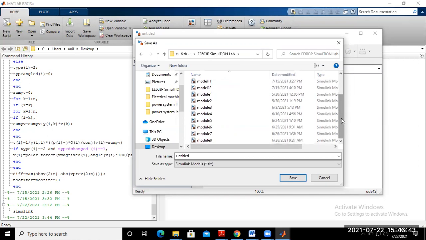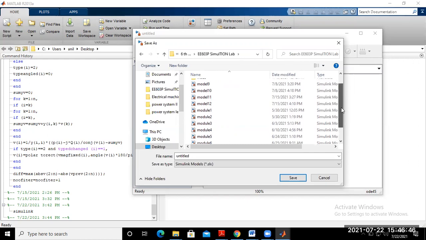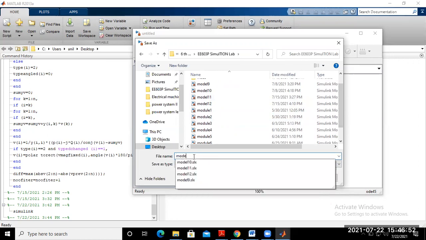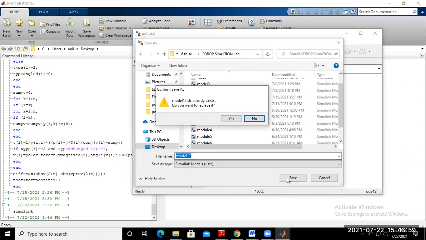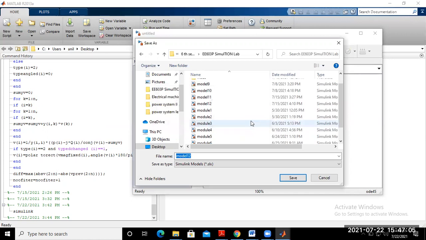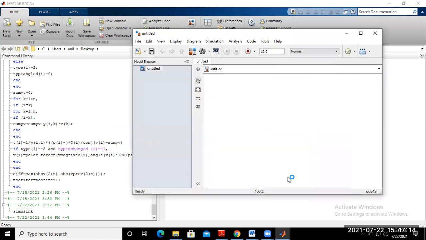I think we already designed up to model number 11, so this one would be model number 12. Save. Model 12 already exists, so keep another name, model number 13, and save in this folder.